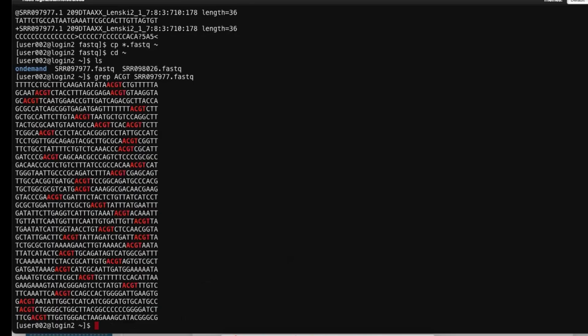And I get this printout that shows me all of the lines in my file that have ACGT. Well, that is somewhat useful, but a little bit hard to parse. Maybe your question is, how often does that occur in my file? If that's your question, then you can add the -c argument to have it count the lines rather than print the lines. So we can say grep